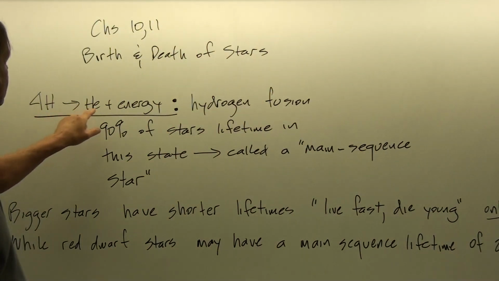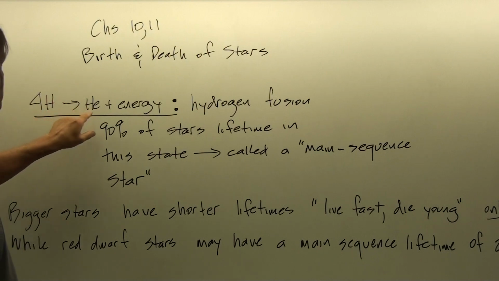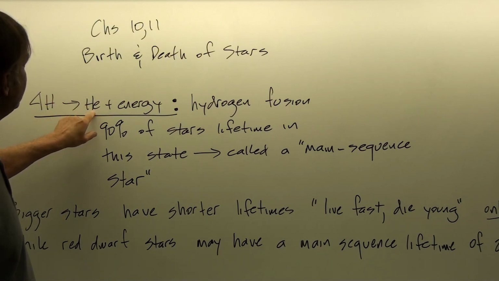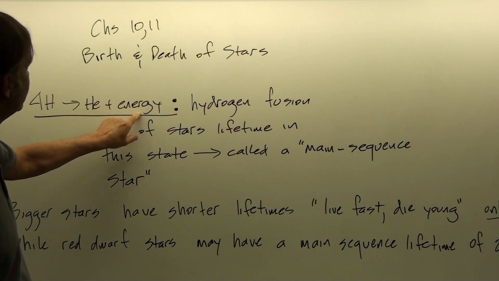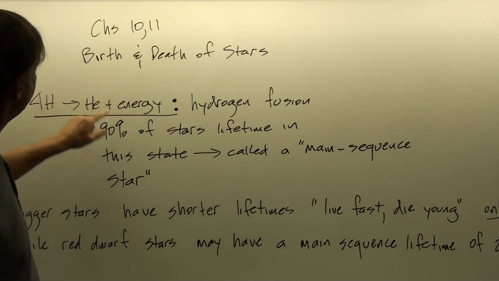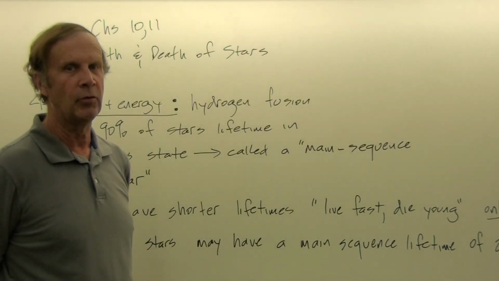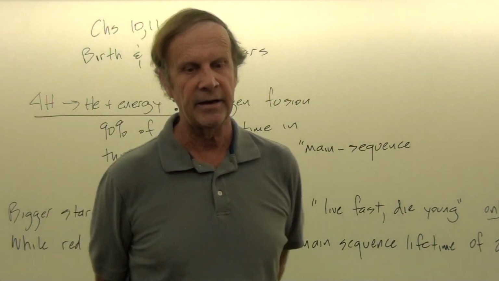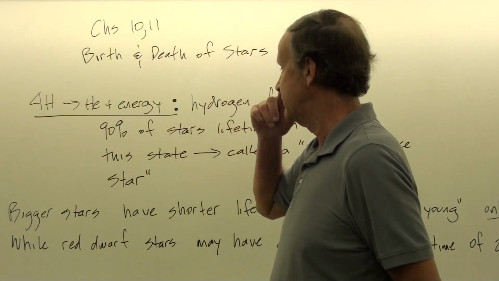And so just a quick review of where we left off last time. We have the hydrogen fusion reaction, in which H is our symbol for hydrogen, and He is our symbol for helium. So we have 4 hydrogen turning to helium plus energy. There's a mass differential between the 4 hydrogen and the helium of about 1%, and so that mass is turned into energy by E equals mc squared.